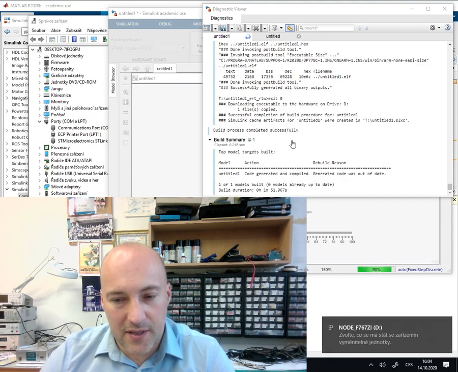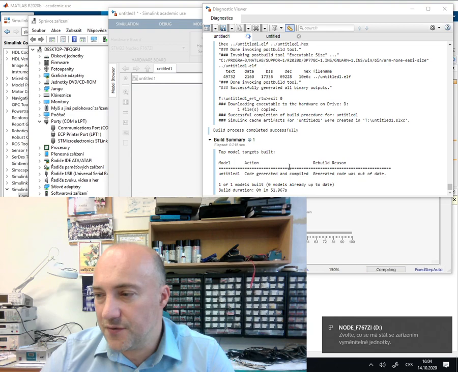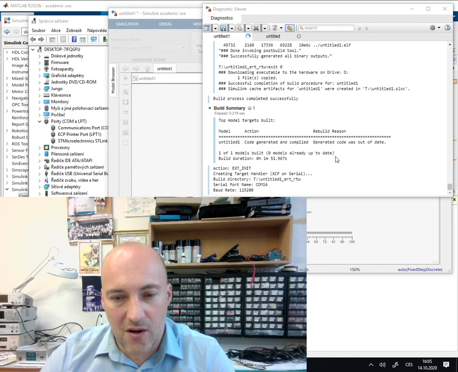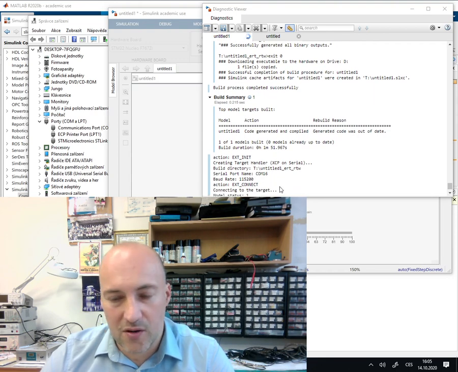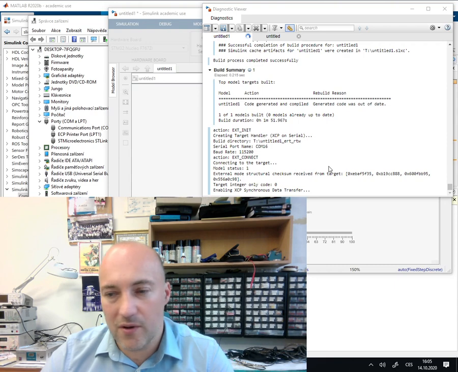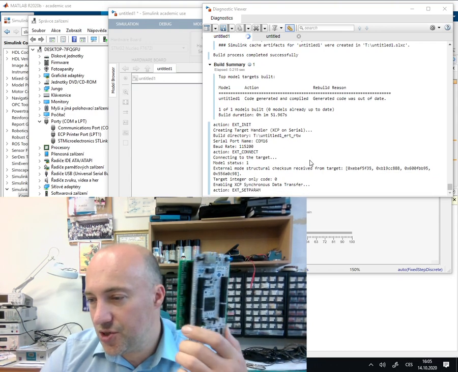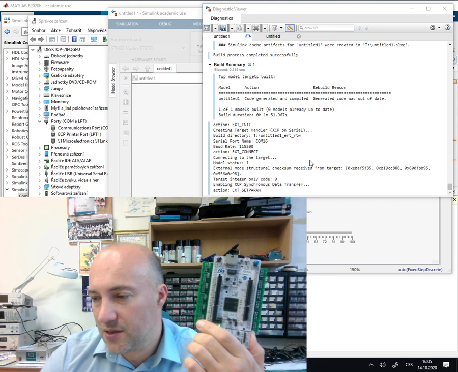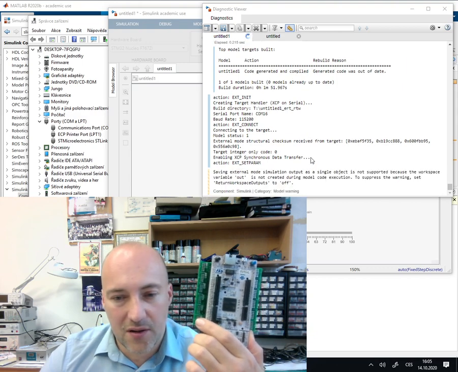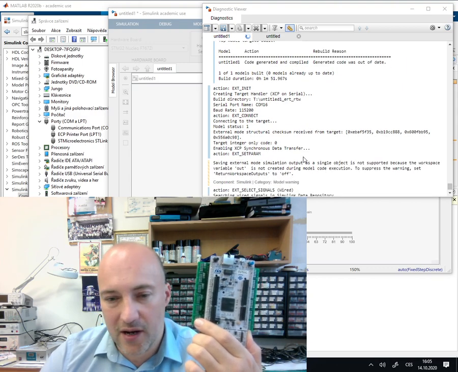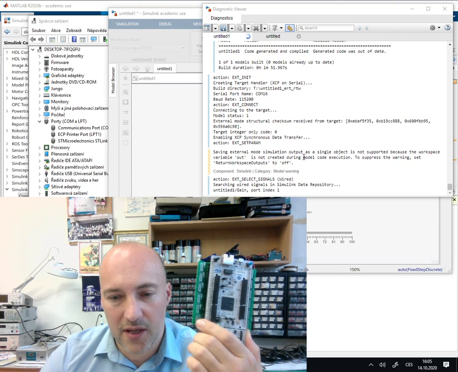Okay, so now it built the code successfully. Now it's trying to communicate with the board. You can see here it's saying connecting to target. Now it's saying 1. So okay, it is now communicating with the board. We should see when it starts a little bit later. Now we should see that the LED will start blinking,